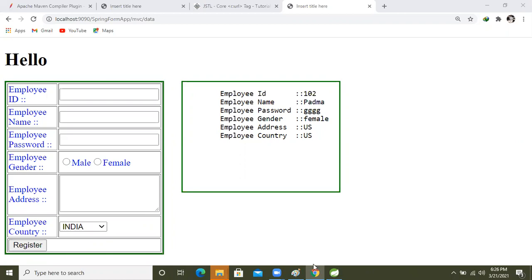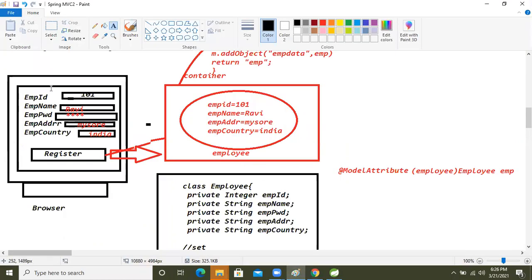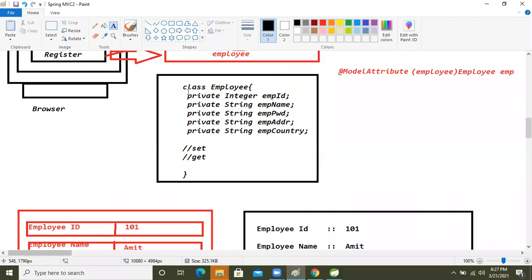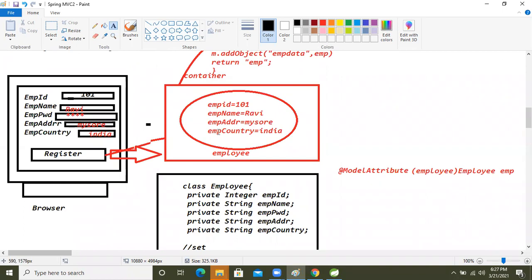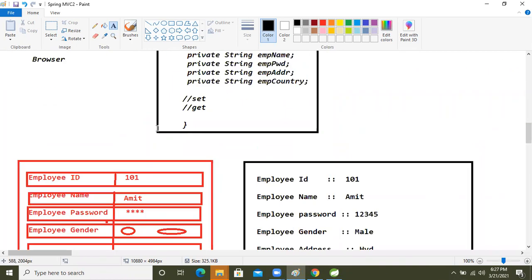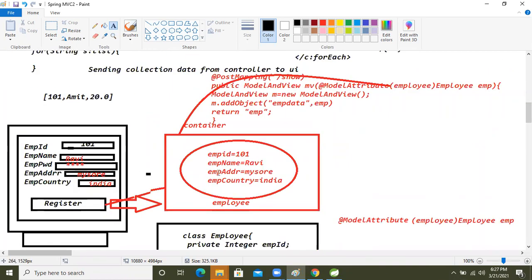I said, come here in the diagram. Whenever we click on register, our IOC container creates the object based on the model class. So our form data is becoming an object. But how can we read the form data? Using @ModelAttribute. All the magic is based on this line only.